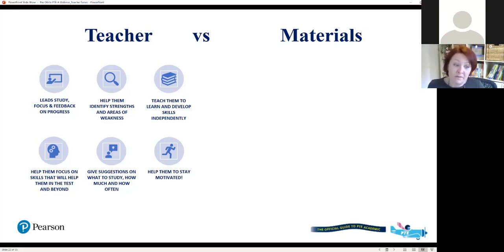Helping them focus on the skills that will help them. And it's very important here, this part that says in the test and beyond, because these are skills for life. These are 21st century skills. These are things that will help you wherever you live in the world, whatever job you do, whatever situations you interact in as an adult. These things will generally help you in English. So it's really important to stress that these are not just skills to pass the test. They're skills that really can help people beyond the test as well.